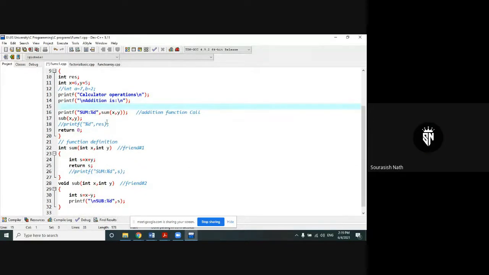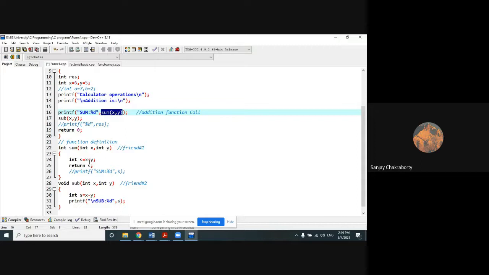Yes, sir. Okay, one more thing that I need to tell you: instead of directly printing this summation value which has been returned by the sub function, you can store this value in some variable as well. It's your choice. Suppose I am storing this value in a variable, suppose z, and which value am I storing? The value that your summation sub function is actually collecting from its return type. So here the call of the function is possible.